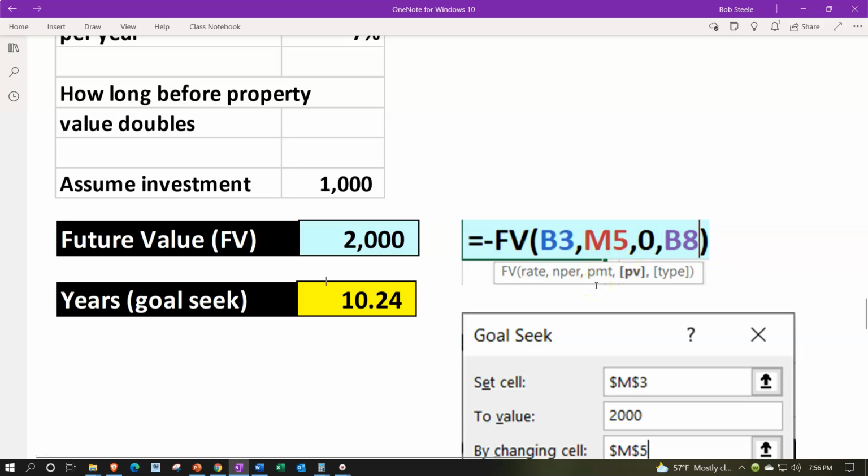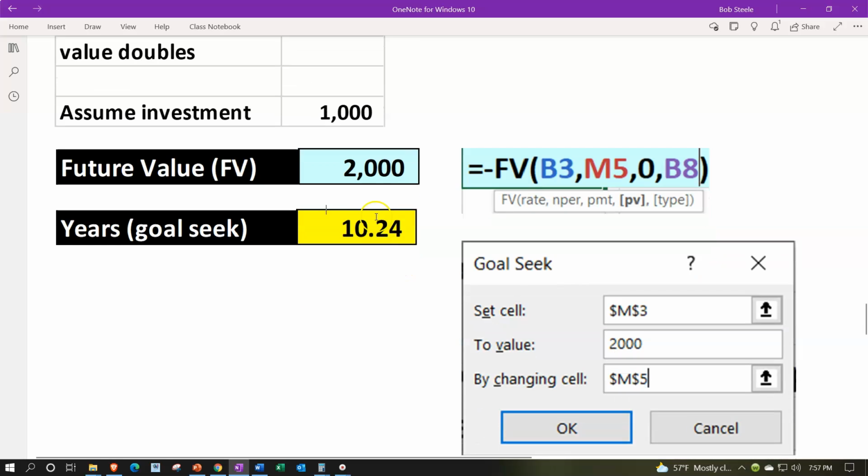There is no payment because this is not an annuity calculation, but a future value of 1 calculation, meaning there's not a series of payments, but just one payment over time. And then comma, that gives us 0. You could put 0 or just 2 commas. And then we got the present value instead of the future value because this is a future value calculation. So we need to start at the present value. The present value we're starting at is the 1000, and we want to get to the 2000. So this then gives us the end result, the future value of the 2000, because we already have the answer